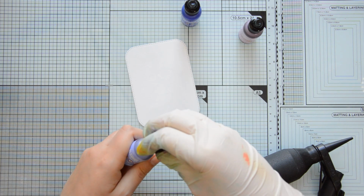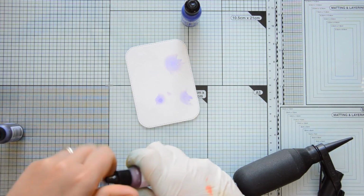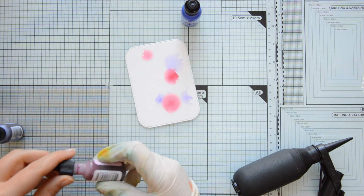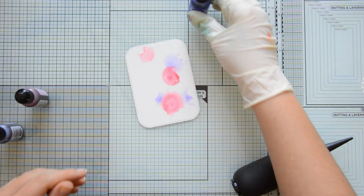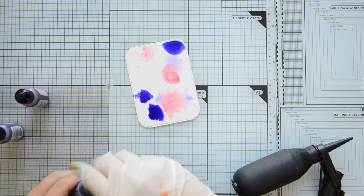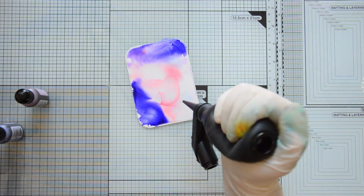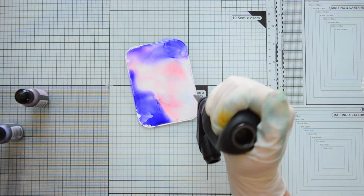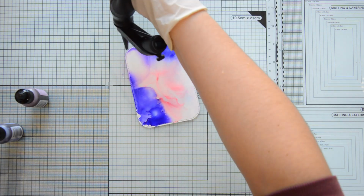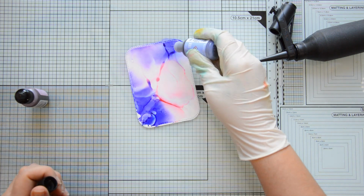I'm going to use the wet on wet technique, and I'm first adding my blending solution to the panel, and then I'm going to add a few drops of my alcohol inks, and I chose the colors Cool Peri, Pink Sherbet, and Amethyst. As you can see, I'm wearing a glove because I don't want my hands to get stained, and actually I would wear it on both hands normally,